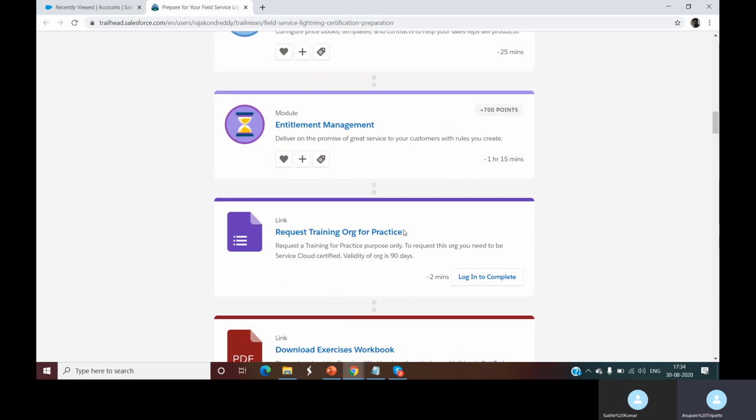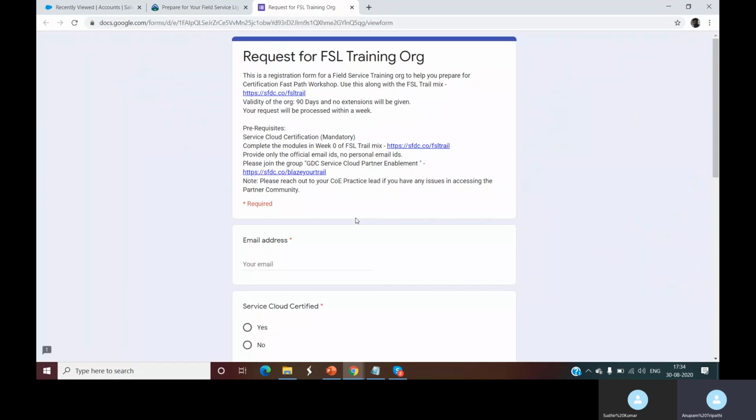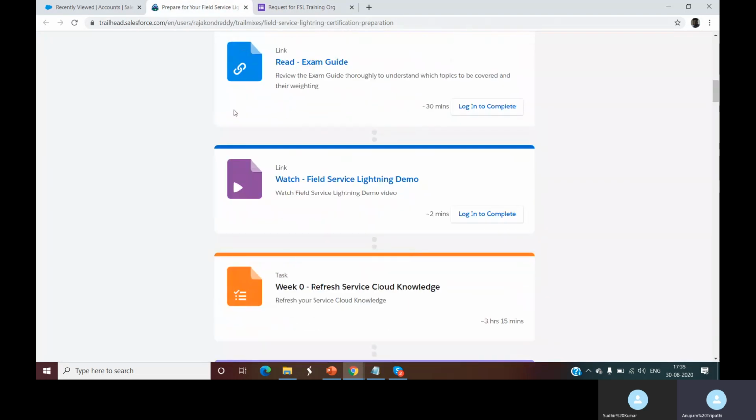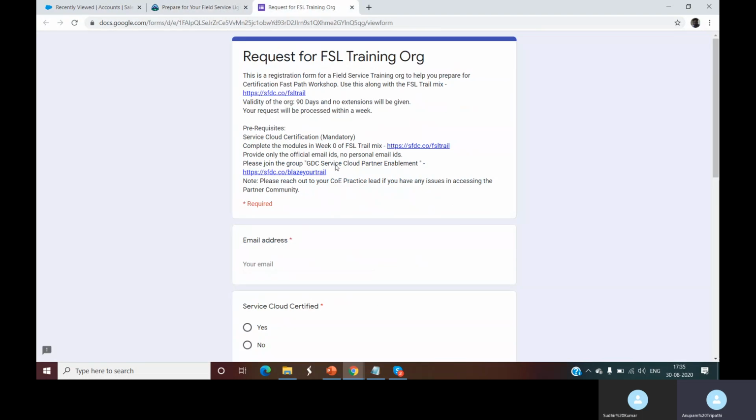So there is a request training org link. Once you click on this link, a request form comes in. There are prerequisites: first, you should be admin and Service Cloud certified, and you have already completed the first week of this Trailmix. The org comes with a 90 day expiry date.